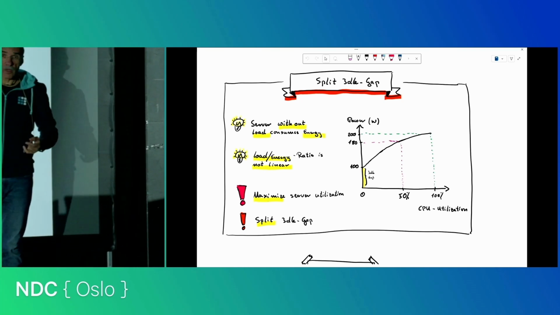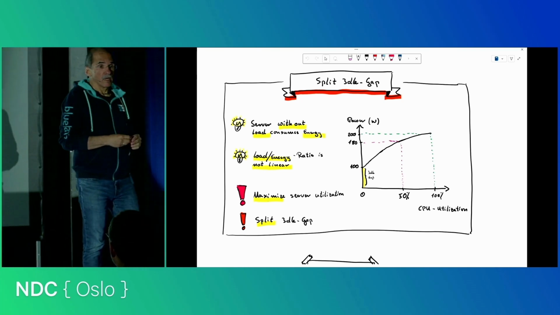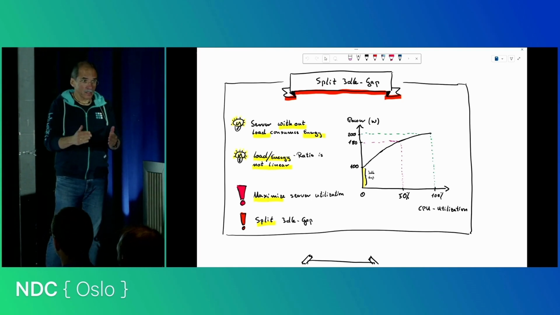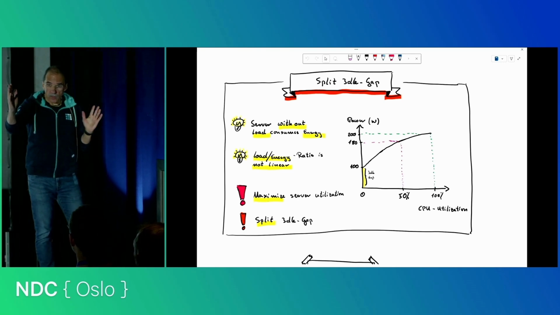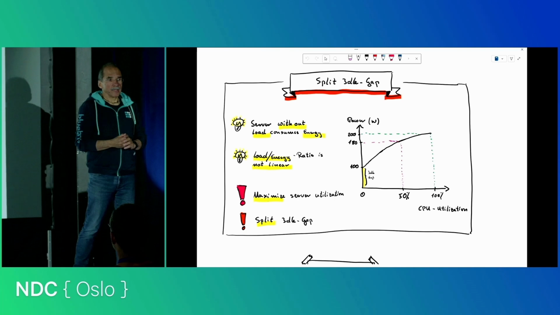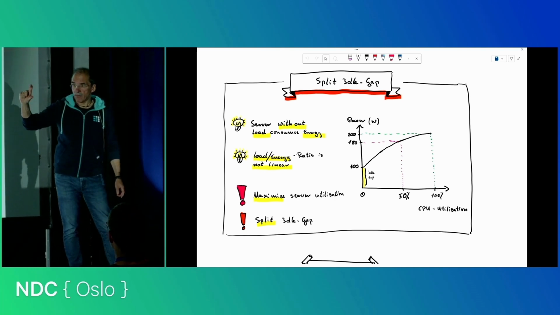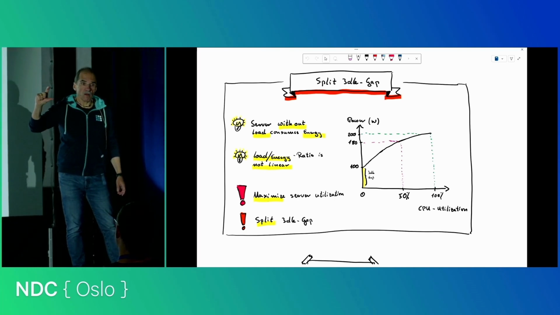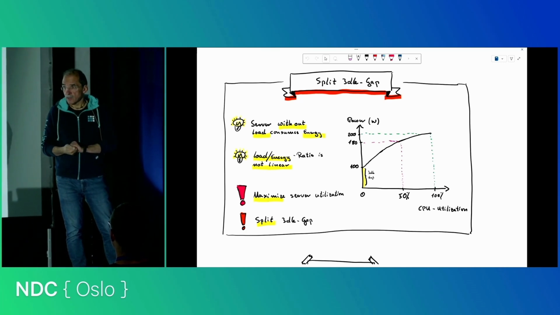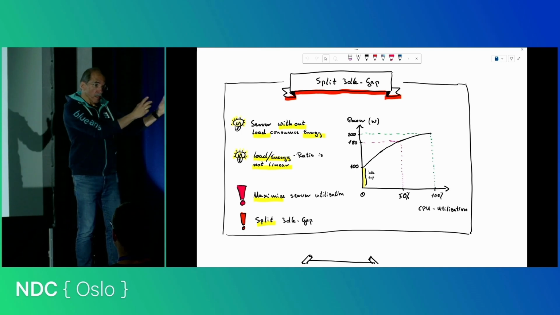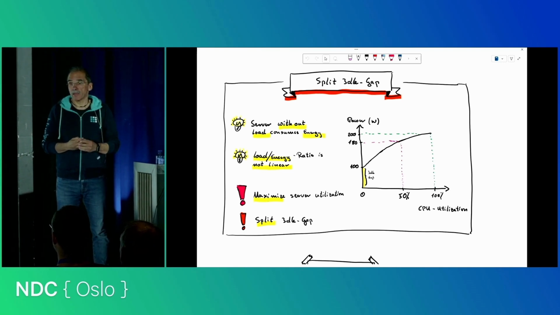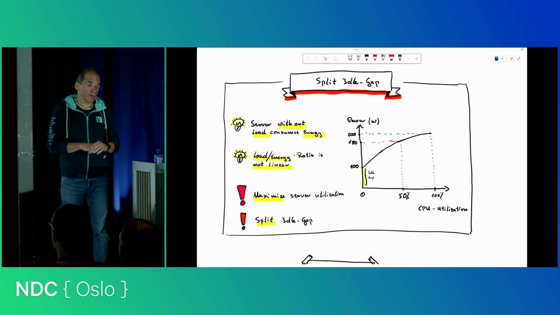And these numbers are very realistic. This is a small Dell server. Turn it on, 100 watt, bring it to the maximum CPU load, 200 watt. And this idle gap is always there. So increasing the server utilization means that this idle gap is split across all of the applications on this server.